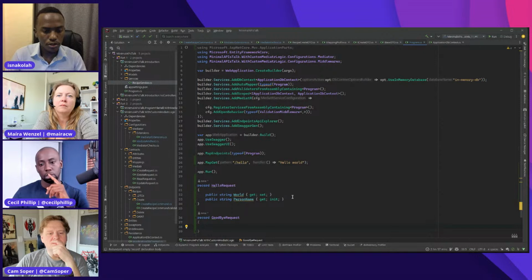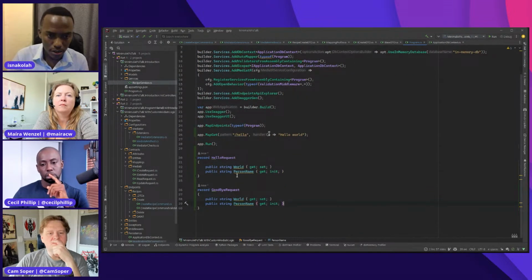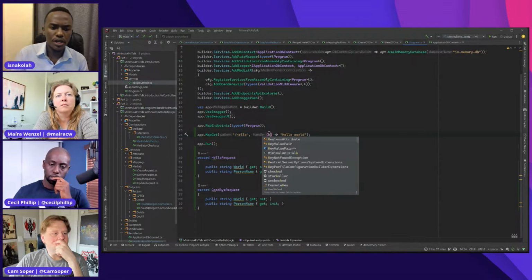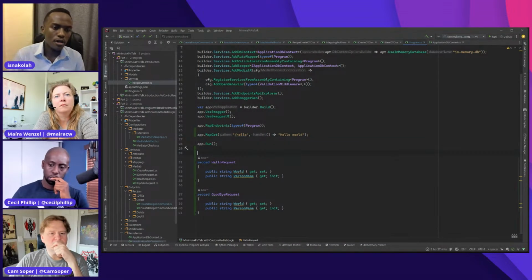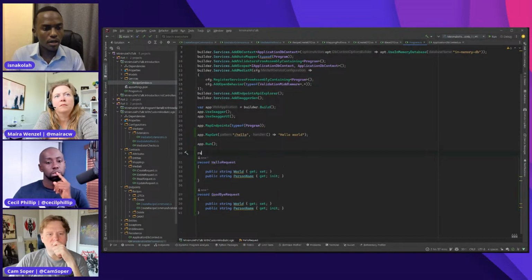So let's just do the same. We want to group this together and pass them. Both of them are getting it, one from the body, the other one from, let's say, the query string. So what we can do is create a wrapper